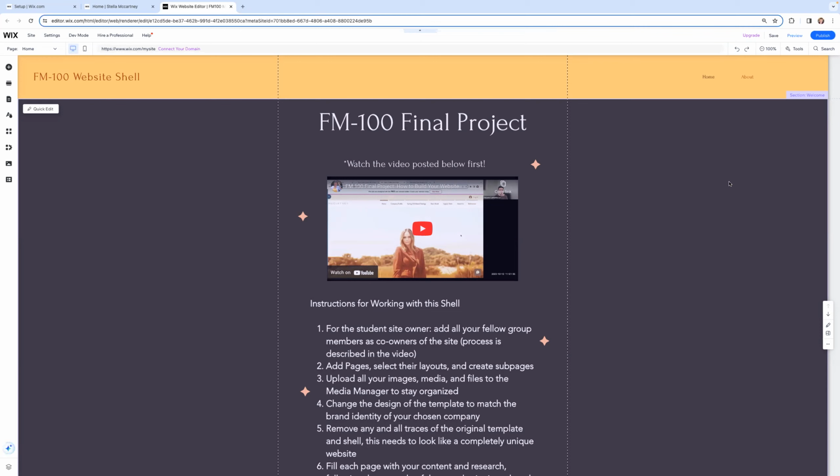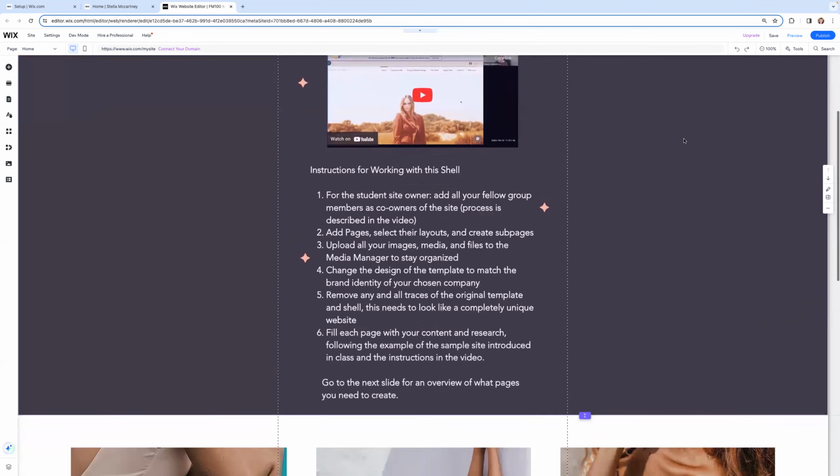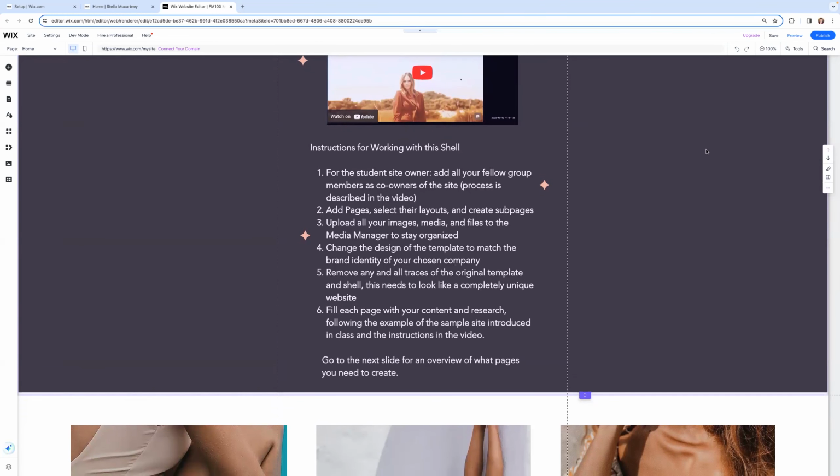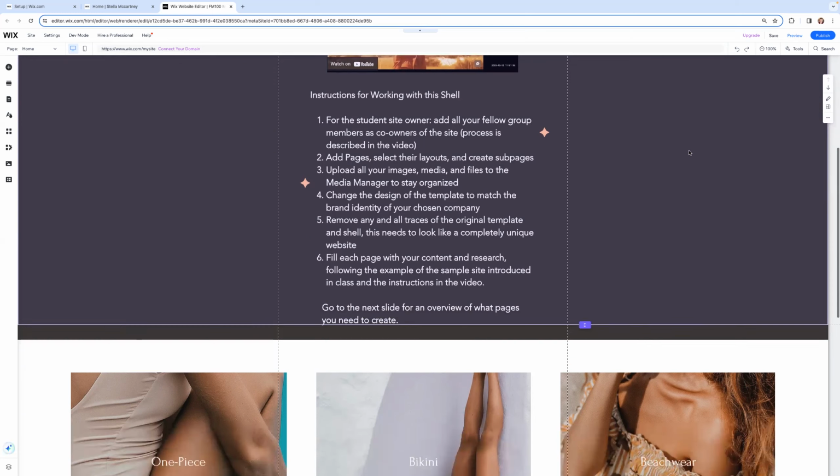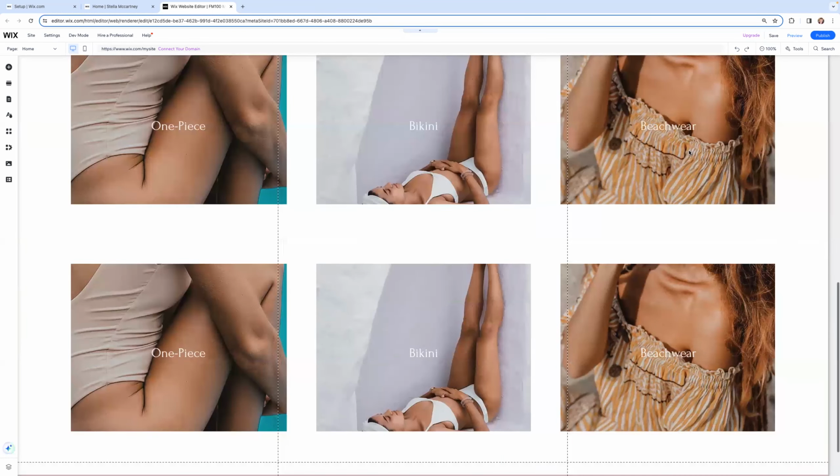Basically, what's going to happen is you're going to use this website shell to import all of the content and the research that you have completed for your final project onto this website. And the website will act as a repository and kind of a public-facing presentation of the research that you've created. So again, the shell contains some instructions for how to work with this shell. The website's going to illustrate this video is illustrating all of this as well. And then it just kind of gives you a basic layout,